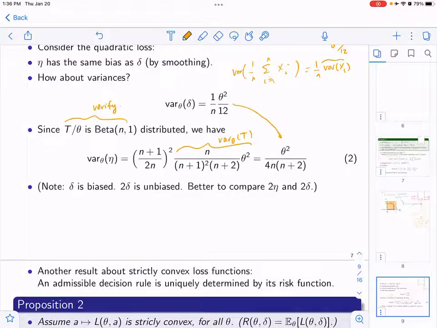So we go from the rate 1 over n to, this is like O of 1 over n. This is O of 1 over n squared. So this goes down like 1 over n squared. Asymptotically, this is like n. This is like n. So 1 over n squared versus 1 over n. So this is much faster. So the variance goes down much faster. So the improvement is not